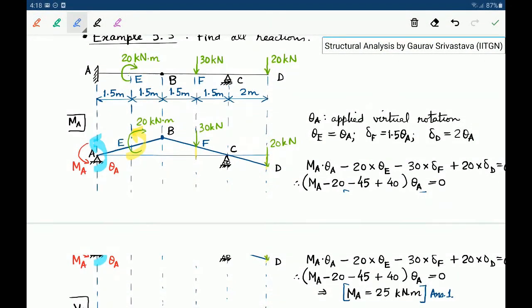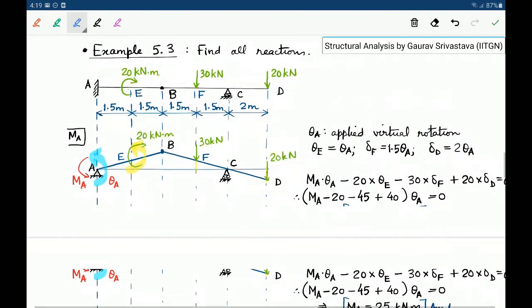Let's look at a little bit more complicated problem. So let's say this sort of propped cantilever beam with an internal hinge at B is given with the dimensions shown, and we have to find all the reactions. Now let's first look at, if we have to find MA, we need to convert this support A into a hinge support, right? So here we convert it to a hinge,